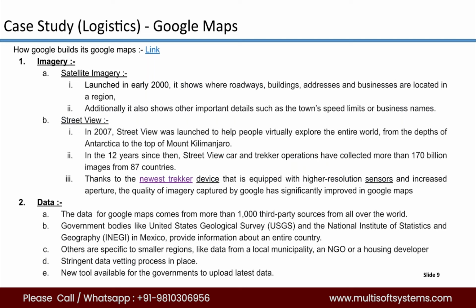Government bodies like the United States Geological Survey (USGS) and the National Institute of Statistics and Geography in Mexico provide information about the entire country. So how are cities like Sydney, Mumbai, and Bangalore able to give relevant information about when the bus or train is coming? Government organizations, like BMC in Mumbai or BMTC in Bangalore, pass the real time information on to Google, and Google punches it into the application. There's an understanding between Google and these government bodies. Maybe Google pays them for that. They would have that kind of contract between them.